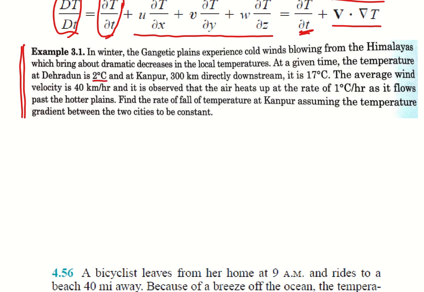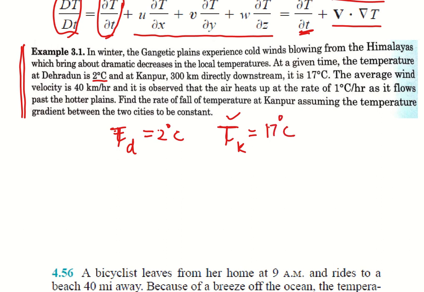So here the temperature at Dehradun is equal to 2 degrees centigrade, and at Kanpur, let's write capital T for temperature, the temperature at Kanpur is equal to